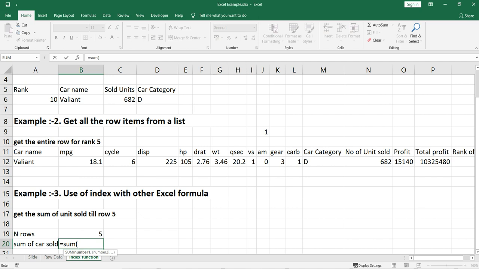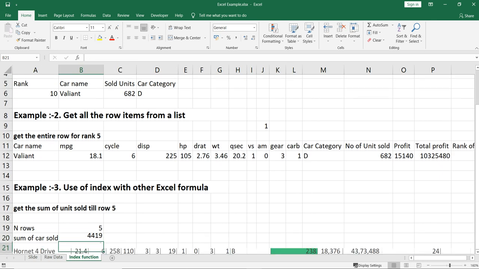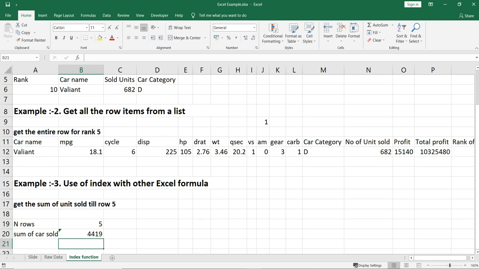Now the sum function asks for the list of numbers that you want to add. So we can simply select this range till rank 5, and then we'll put it like this. So we are getting the sum of cars sold till rank 5.